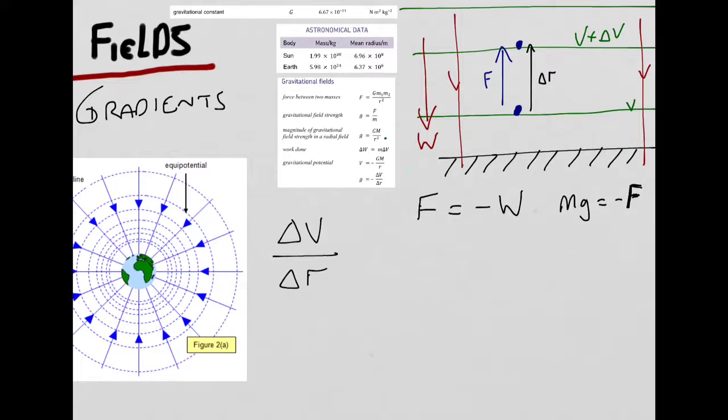So we're going to move it from here to here. We're going to apply a force. There's going to be a change in V as we move up here, and we can do a little bit of maths to that. First of all, we can take the equation